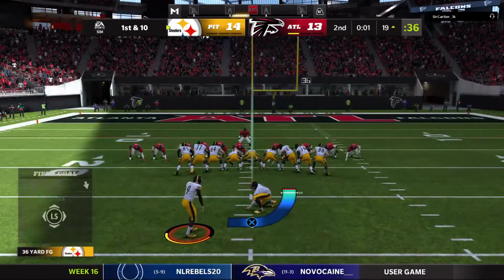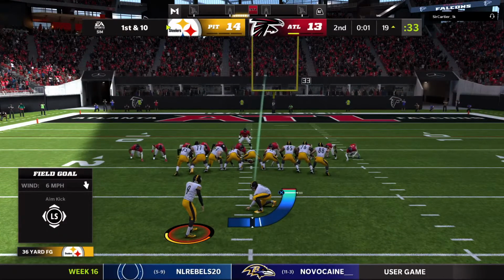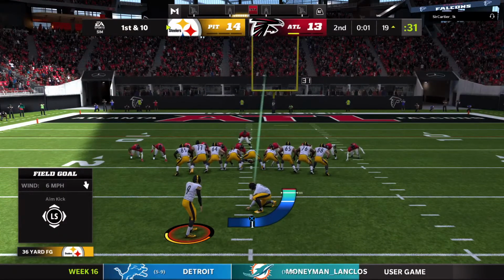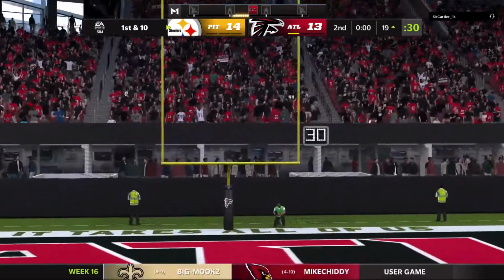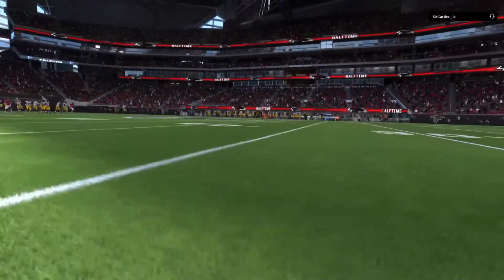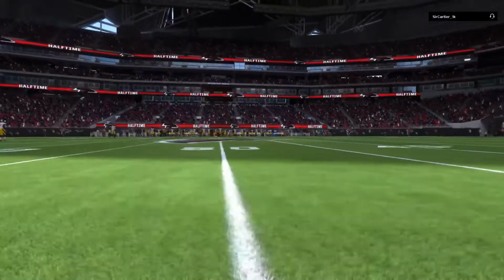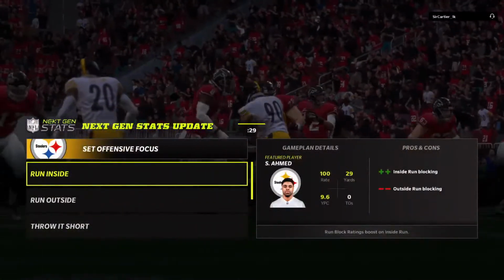So with 1 second left in the half, on is the field goal unit. From the left hash, it's a 36-yard attempt. Boswell's kick is good. And that will do it for this first half. So we've reached halftime here with the visiting Steelers out in front. As we'll send you down to Orlando and we check in with